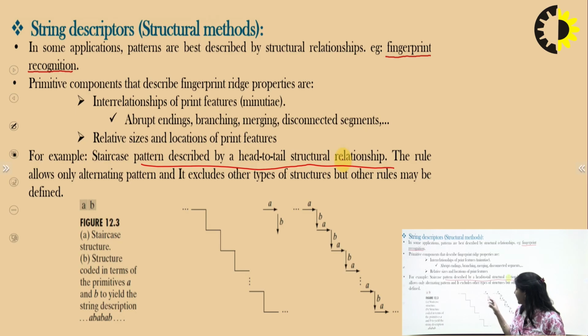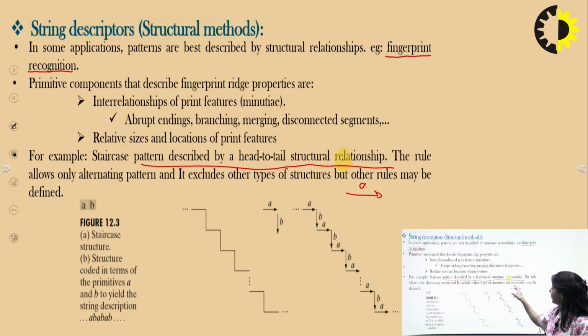So when we can find out if the shape is moving from left to right, then string A can be assigned. If the shape is moving downward, then we can assign string B. So we can connect it in the form of a string. So this is the behavior. Actually, we are going to find the behavior of the image.